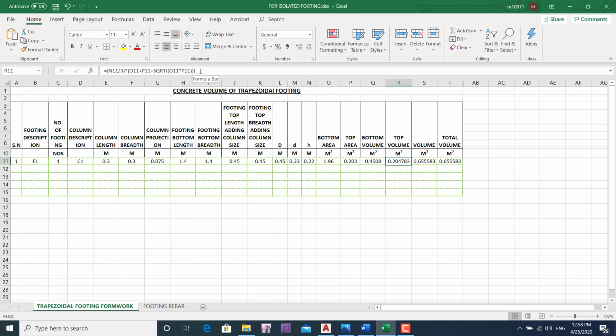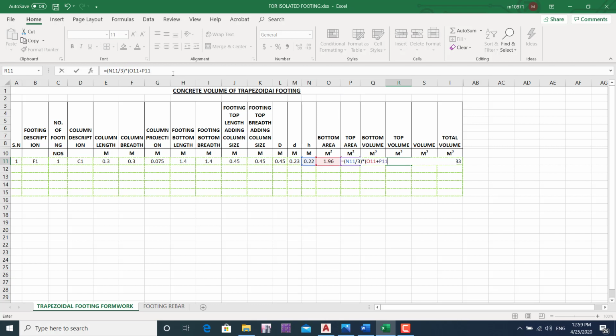Now we will calculate the top volume. Top volume is equal to h by 3. We give a bracket: h, meaning height, divided by 3, bracket close, into bottom area plus top area. Bottom area is this, plus top area. Top area is this one, it is not displaying, so we will give its name P11, plus P11.